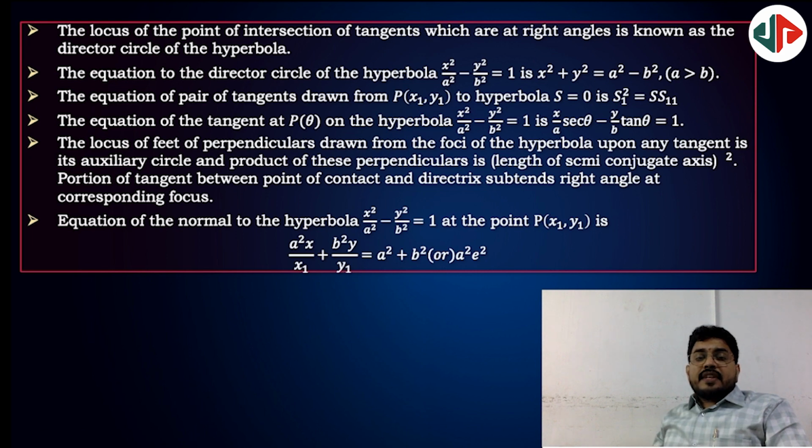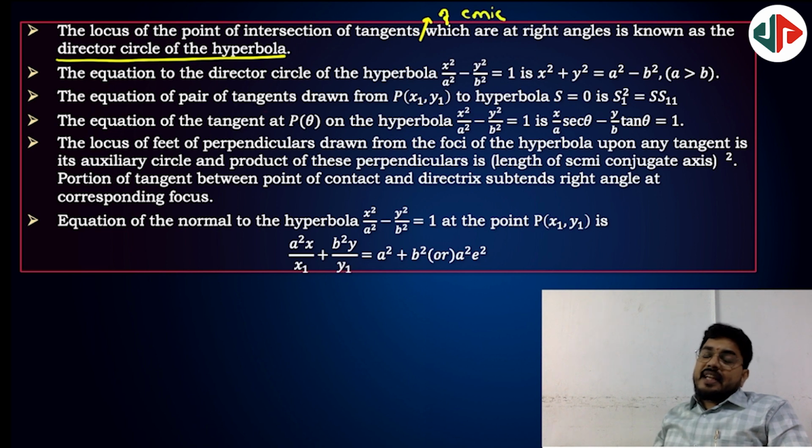The locus of the point of intersection of tangents which are at right angles is known as the director circle of the hyperbola. Whether you take a circle, ellipse, or parabola, for a parabola this will be the directrix, but for the ellipse, hyperbola, and circle, you get the director circle. The director circle of a hyperbola will be concentric, and the equation is